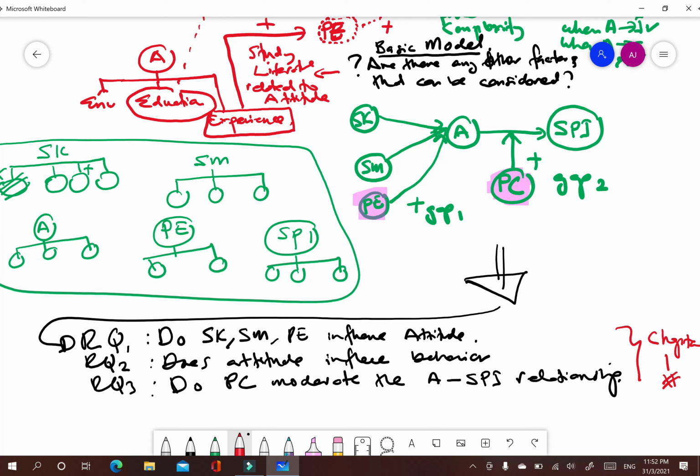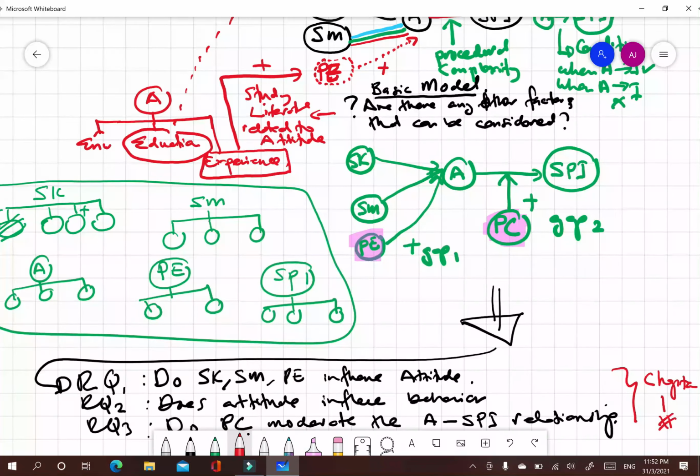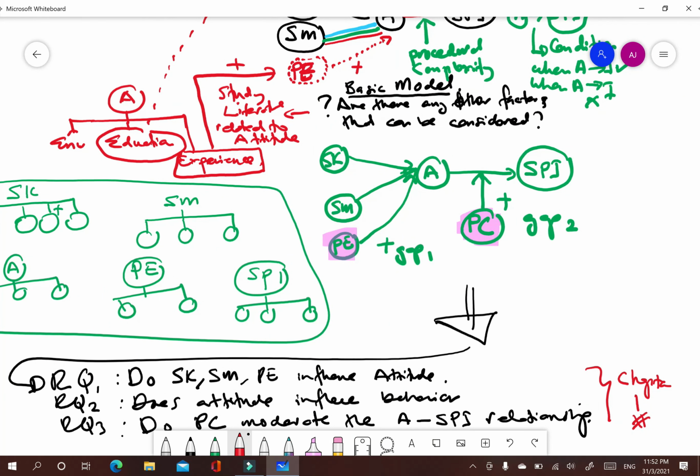However, in order for you to write a proper research question and research problem in chapter 1, you should do what? You should do the literature review. So this is basically the content in chapter 2.